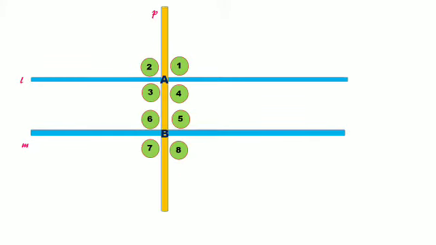So we find many applications of the geometrical concept of parallel lines cut by a transversal all around our day-to-day life. Now we have seen the position of the transversal like this, and in this picture you can see the position of the transversal is changed. So from this we understand that if we change the position of the transversal, the measures of the angles formed by the transversal are changed. Okay, now this is our concept.